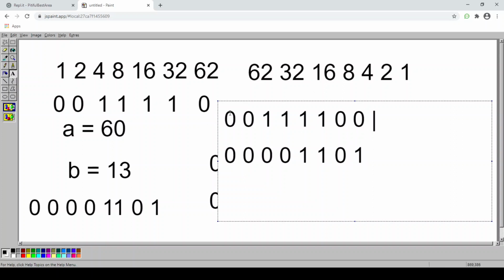OR is a vice versa of the AND function. If we have a single value of true, it will give an output as true. For example, here we have a 0 and here we have a 0. Both of the values are false, and we will get a value of false. Here also both values are false, so we get false. Here we got one true value and another false value, and we get an output as true, because in the OR operator, if any one of the variables is true, the output will be true. That's the difference between AND and OR.